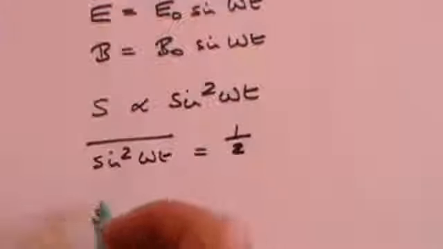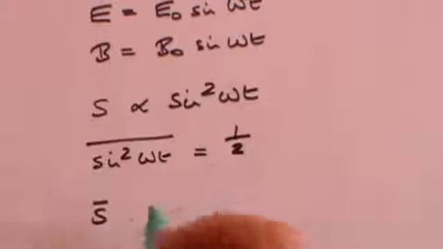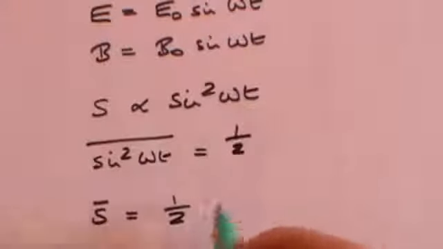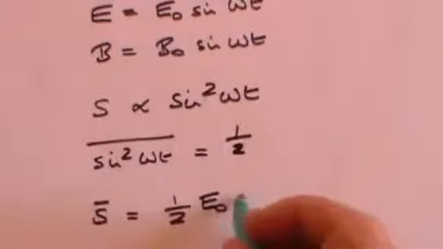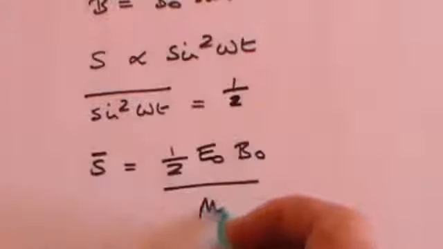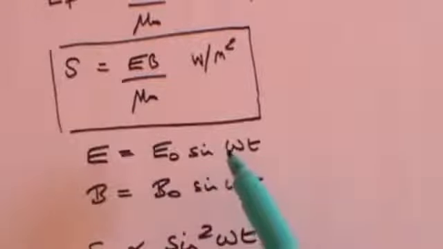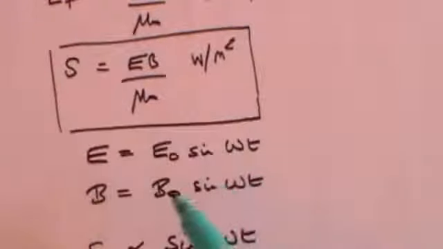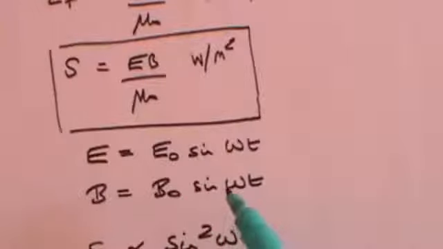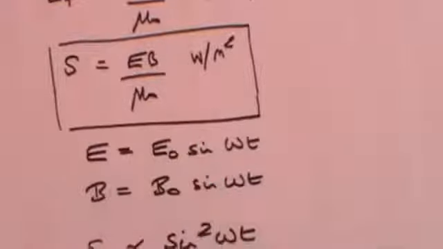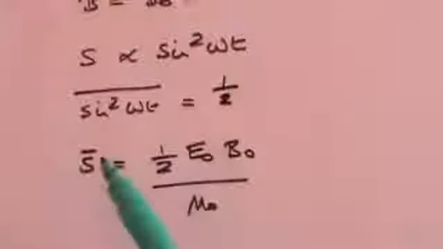Consequently, we can say that the average value of the Poynting vector now will be 1/2, which is the sine squared term, times now the maximum value of E and the maximum value of B, divided by mu 0. We got that from this term here, E times B. E times B means you get E naught times sine times B naught times sine. The average value of the sine squared will be 1/2, so you get 1/2 E naught times B naught instead of EB as the average value